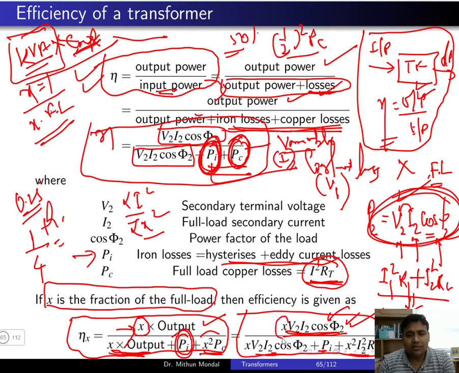Now this X will depend upon what type of consumers are there and how much loading is put on a particular transformer. If the transformer is loaded 1/4 of the maximum full load, X will be 0.25. If the transformer is loaded for 50% of the full load condition, then it will be 0.50. So you can see from this equation of the efficiency that we are not directly loading the machine, rather we are going from the equation to find the efficiency of the machine. So you can save a huge amount of power, and also determine the efficiency of the machine.